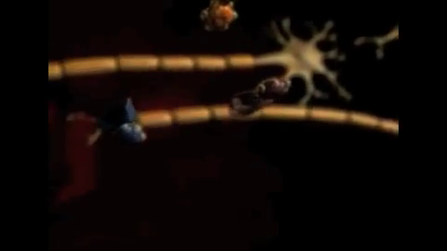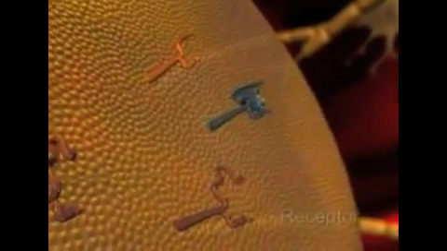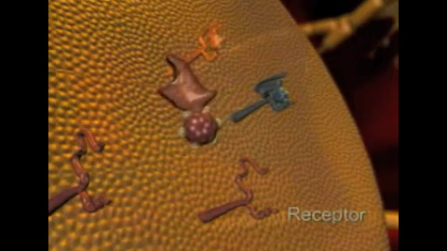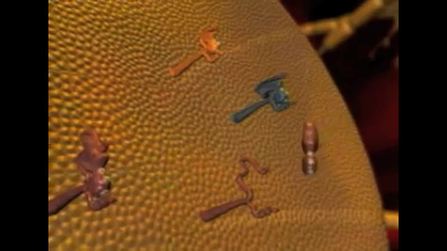On the other side of the synaptic gap, we can see multiple neuron receptors that are able to accommodate a variety of neurotransmitters. This is to say, each neurotransmitter has dozens of different receptors on which they can act upon.